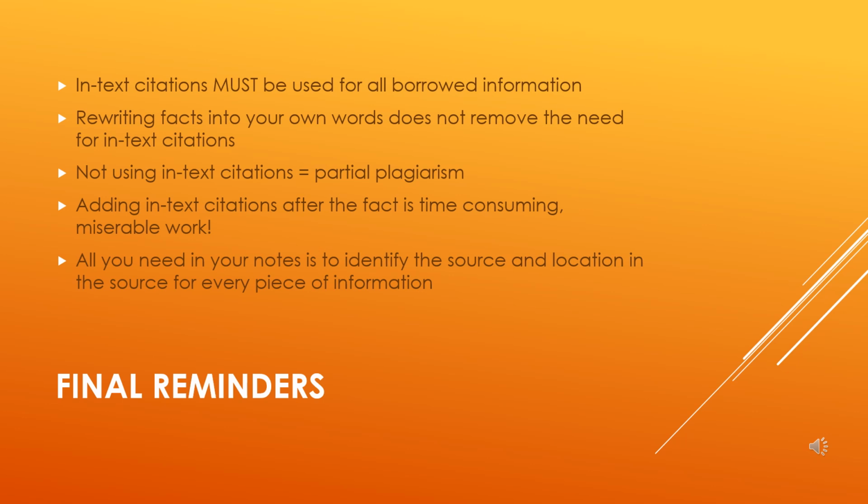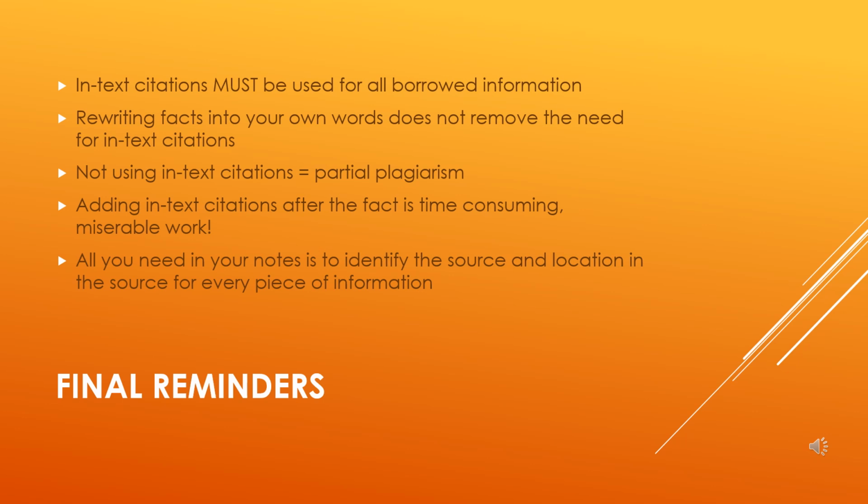If you're not sure how to format the in-text citation for a particular source, that doesn't matter. All you need is to know which source, and if it's a source with page numbers, you need to know what page. So if that means you make a list on a piece of paper of your sources and then number them 1 through 6, or if you decide you want more sources, that is permissible, 1 through however many sources you decide you want to use in the project.